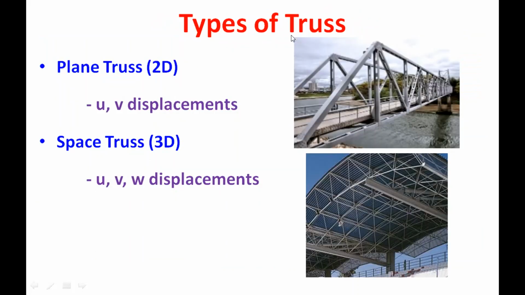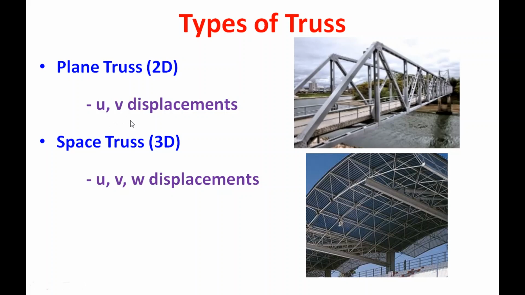There are two types of truss. One is the plane truss or two-dimensional truss, in which we consider only one plane of the truss. Here the joint may be a bolted joint or riveted joint, as we have seen. At this joint we assume displacement with 2 degrees of freedom. At each joint we assume u and v, where u, v are the displacements along the x and y directions. The global coordinate system is employed here.